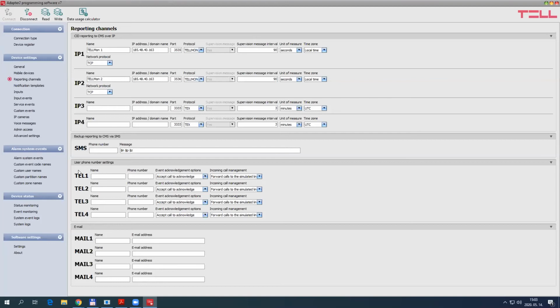Four telephone numbers can be configured for users for receiving SMS messages and calls from the adapter 2 with regard to events generated in the adapter 2 or events received from the alarm control panel. And in this section, you can configure how to acknowledge a call. So if the given user receives a call,